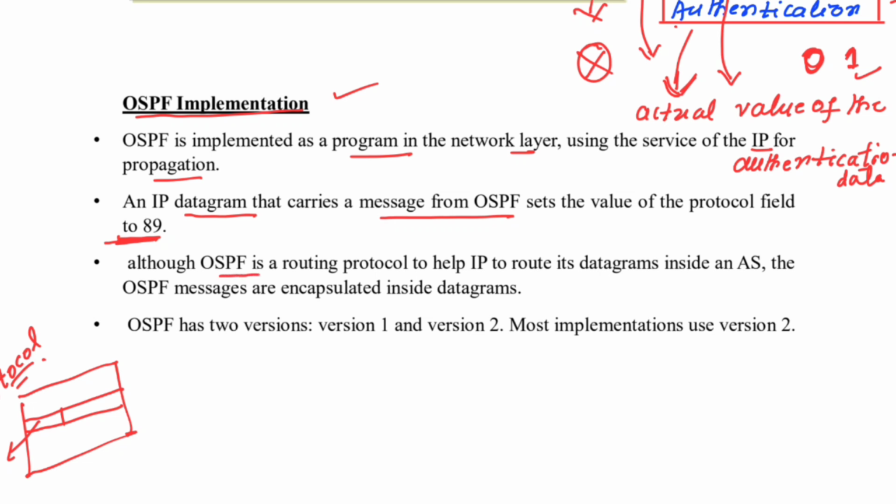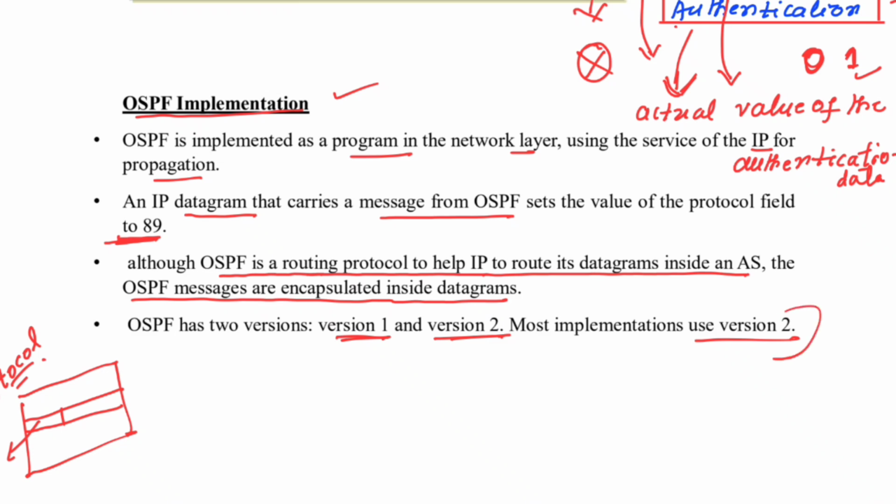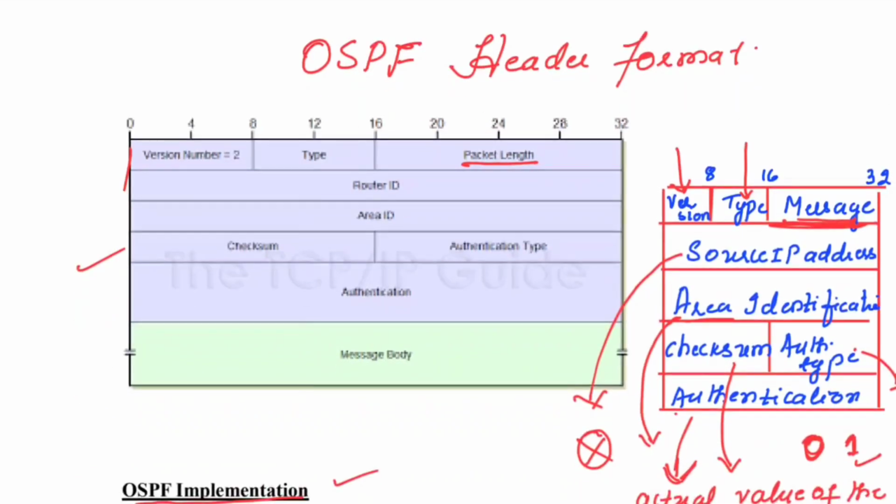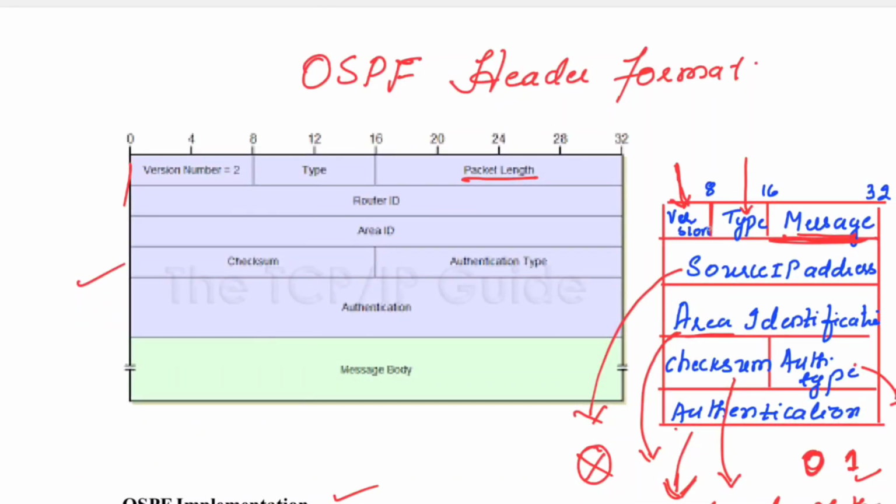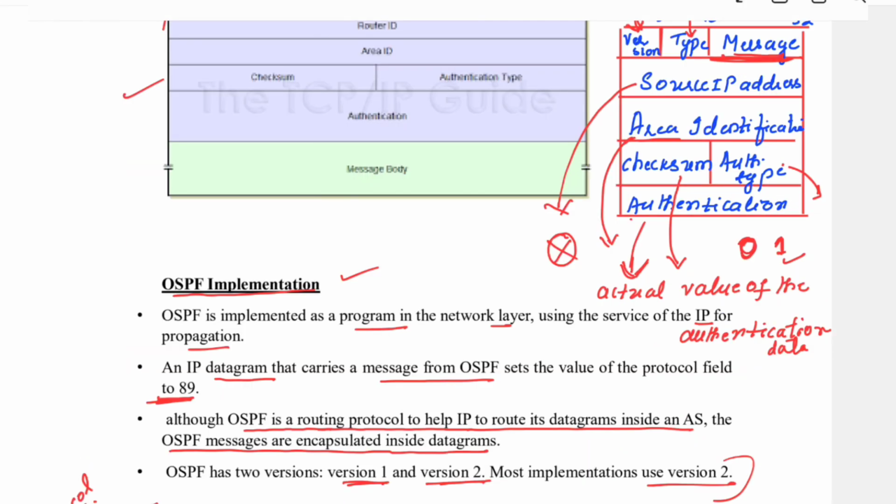Although OSPF is a routing protocol to help IP route its datagrams inside an autonomous system, the OSPF messages are encapsulated inside the datagrams. OSPF has 2 versions, version 1 and version 2. Most of the implementations use version 2. So this version field is also included. I have shown it here in the header format. The first 8 bits are used to denote the version field. So this is all about the different types of